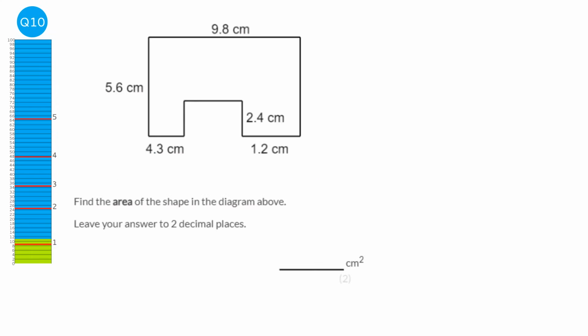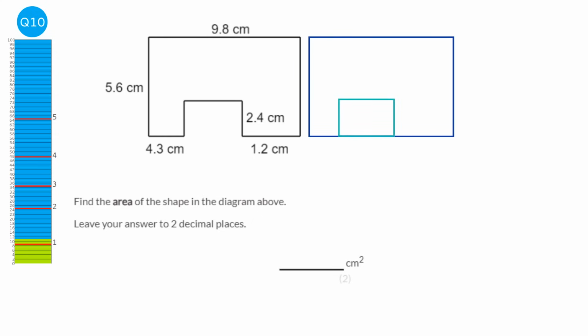To work out the area of this shape, what I'm going to do is work out the area of the big rectangle, it's almost a big rectangle, and I'm going to take away the area of this small little bit at the bottom. I'm going to label this big rectangle A and this little rectangle here B. So to work out the area of A,